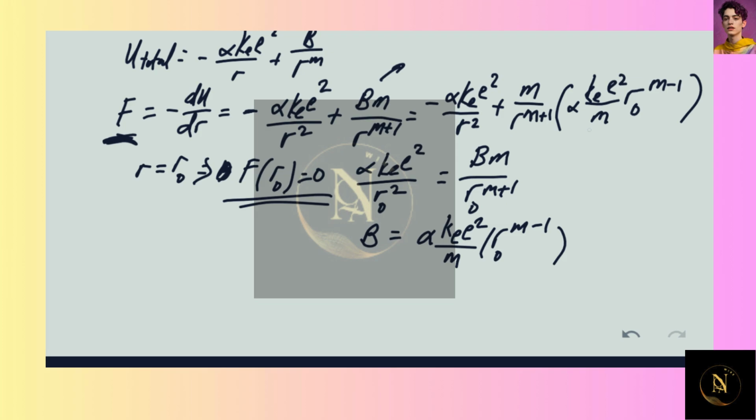alright, so now we have two different r's. We have one r naught, which is a constant, the equilibrium spacing, and we have r, which is the variable. So now we can simplify the expression for the force a bit from here by opening up the brackets and looking at the common terms, which is alpha ke square over r square